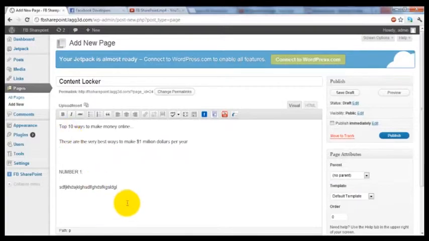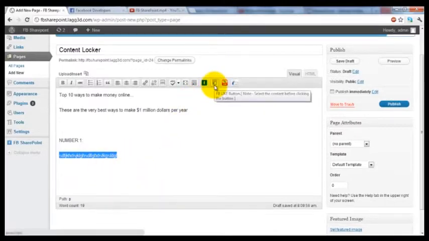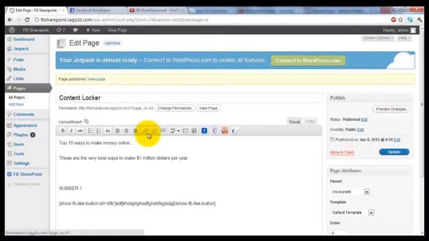Now what they're going to see is when they get down to number 1, they're ready to read the content, right? So we're going to highlight the content. Now say for example I got all 10 steps here. We're going to highlight all 10 steps, highlight them all, and then click on the like button. Now what that does is they can see all this. But once they get here, it's all blocked out, and they have to hit the like button in order to see it, or they have to wait a minute. So publish the page, view the page,